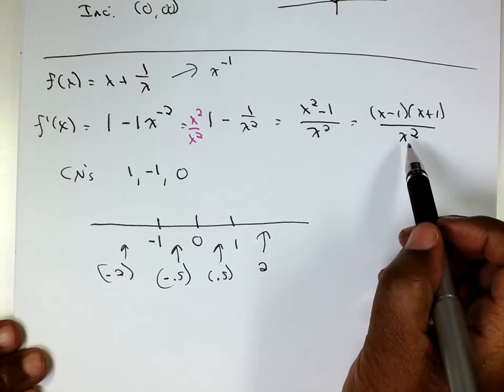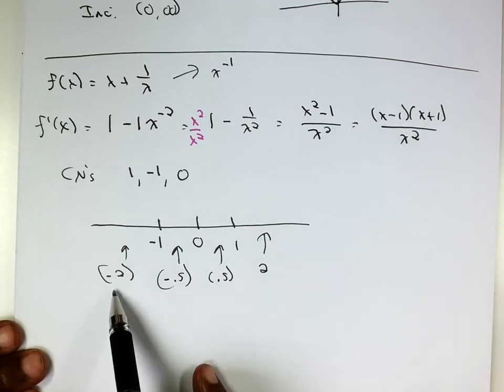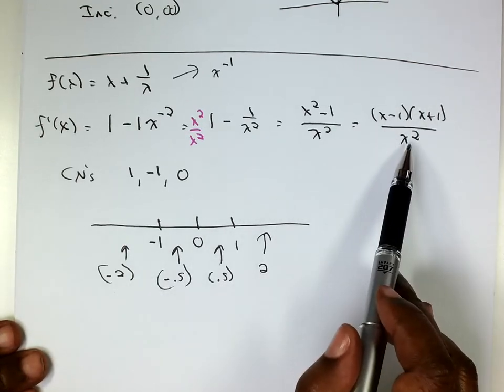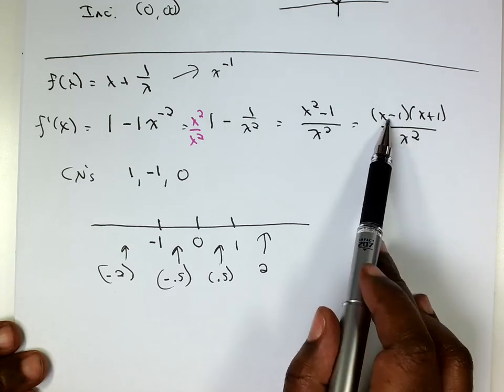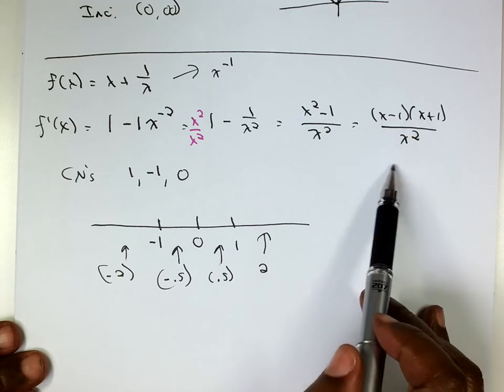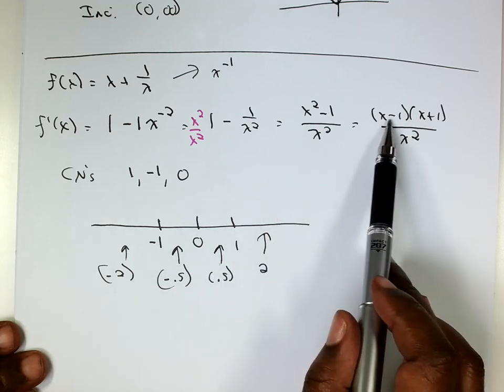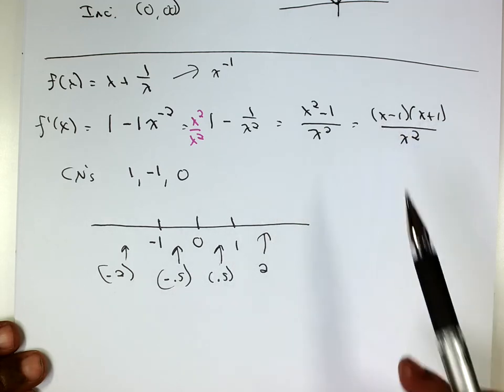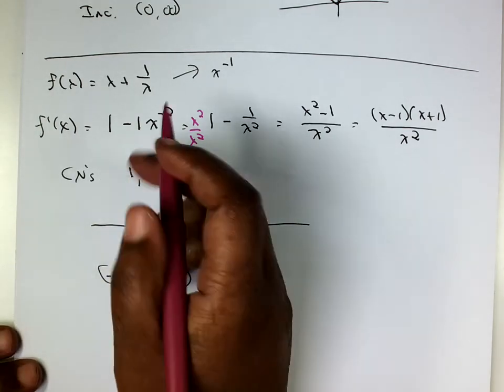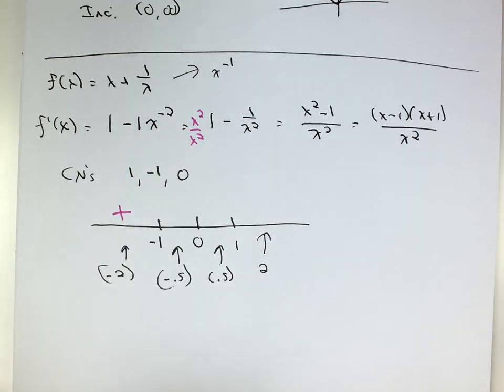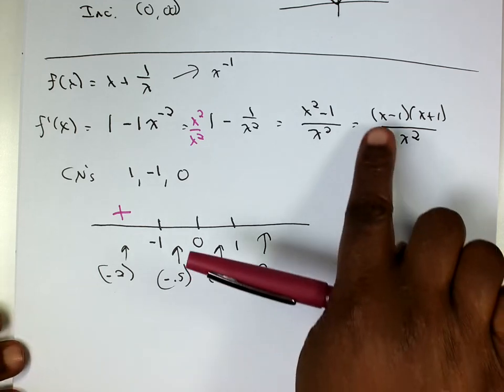So if I pick -2, the bottom is always squared, so I don't really have to worry about that. It's always going to be positive. So I'm really just having to focus on the top. So when I plug in -2, I get -3 times -1. A negative times a negative gives me a positive value. When I pick -0.5, that would give me